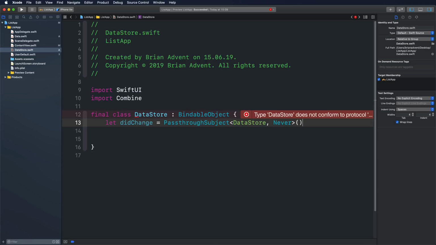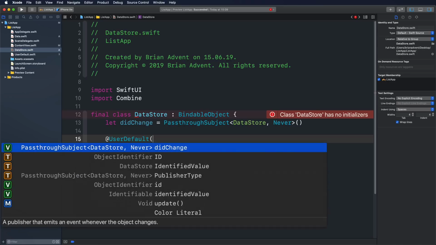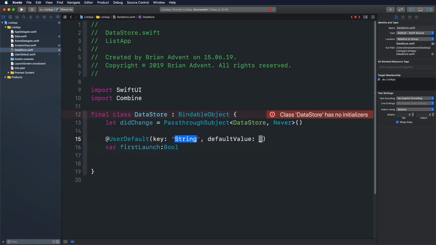So I'm defining this with never. And now we can actually create a new property here, which is firstLaunch, a Bool. And the cool thing here is now that we can just use our UserDefault with a key. Let's call it firstLaunch and the default value true